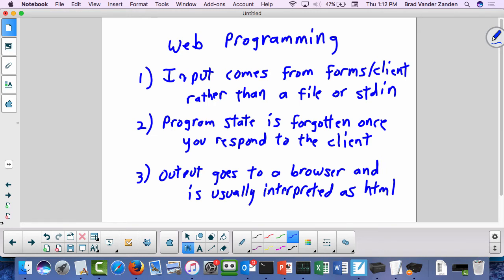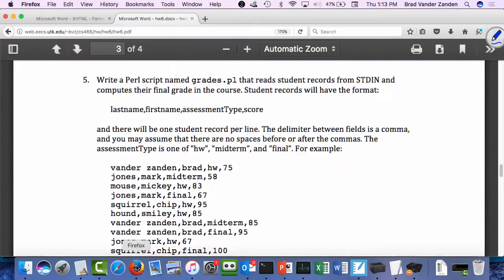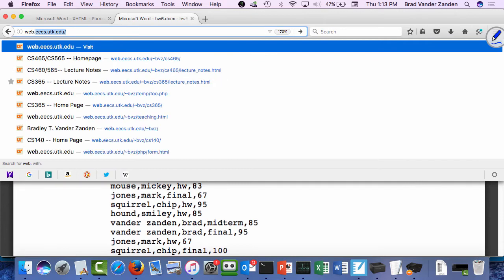So the first thing then is, before we can do a whole lot with a PHP script, we first have to create the forms that are going to generate the input data that will then be sent to the PHP backend. And you see these forms all the time. For example, if I go to Amazon,